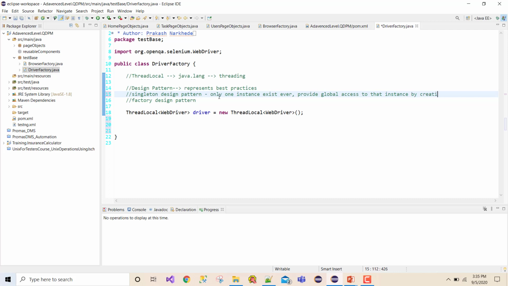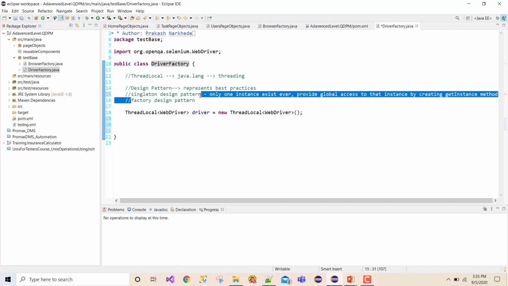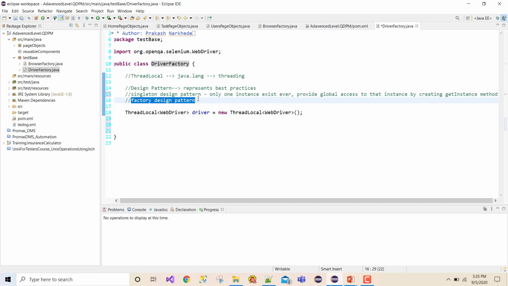We are going to create a method called getInstance, and that's how we are going to achieve the singleton design pattern. Singleton design means we are going to create only one, but at the time when the instance gets created, the instance is going to be created by the factory design pattern. And how it is going to be created, that is going to be only once.